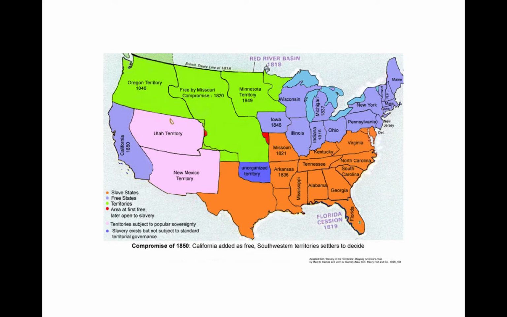Right? This is what they had to deal with. One issue they had to deal with was California. Can California come into the United States as a state that doesn't have slavery? A second issue they have to deal with is Texas. Texas had a great deal of debt that they had gotten as an independent nation. Texas wants to file for bankruptcy to get rid of these debts. Congress doesn't want to let them. Right? So Texas, if they're not going to file for bankruptcy, they need money in order to pay off their debts. So how do you solve that problem?